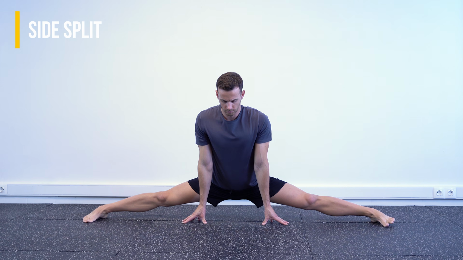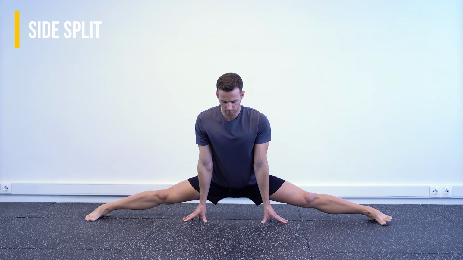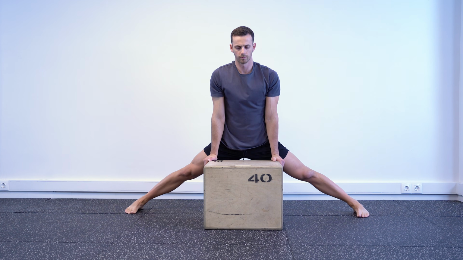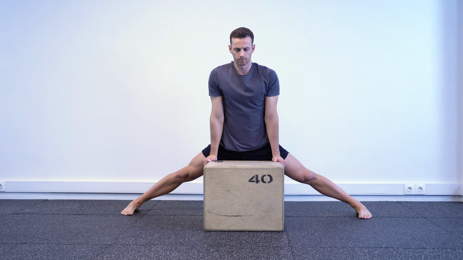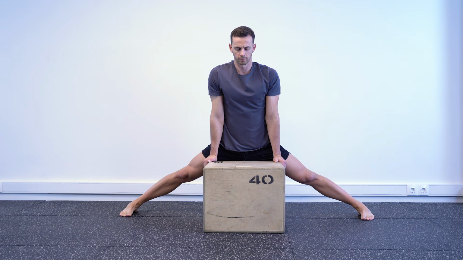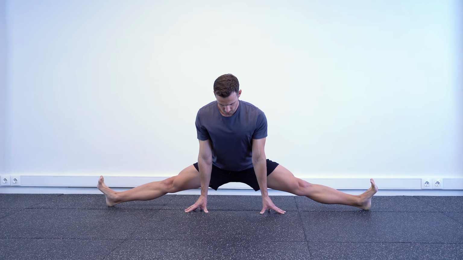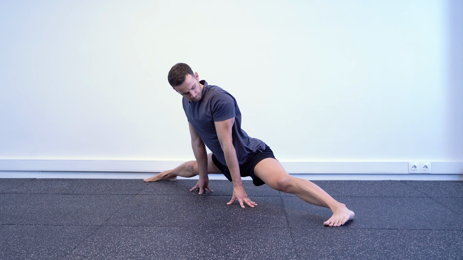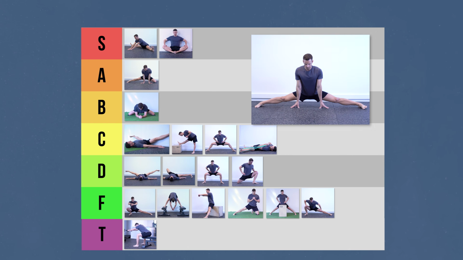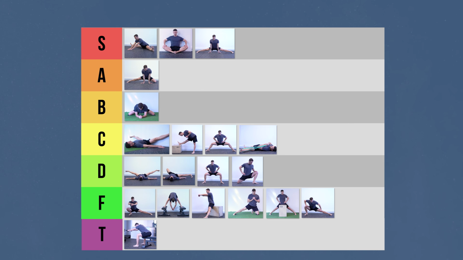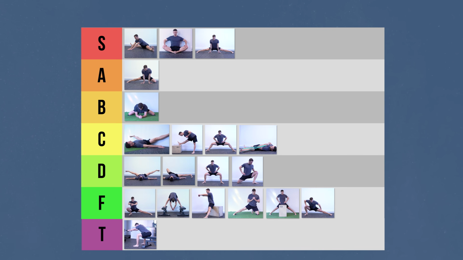And I saved the best for last. The side split position is the key exercise for the side split. It's suitable for every level, allowing you to focus on the targeted muscles with almost zero systemic fatigue. You can also perform it using more than 10 different methods, utilizing all available mechanisms to increase flexibility. It's a 10 out of 10 in every criterion and goes straight to the S tier alongside the pancake and the Taylor pose. Now, I already declared the cable seated good morning the worst of the worst.